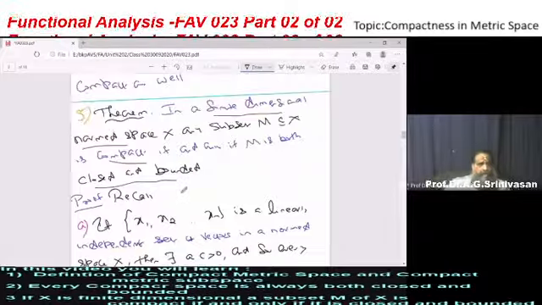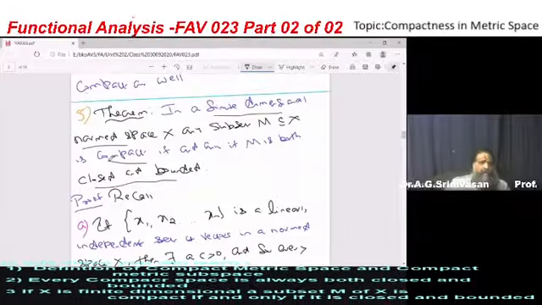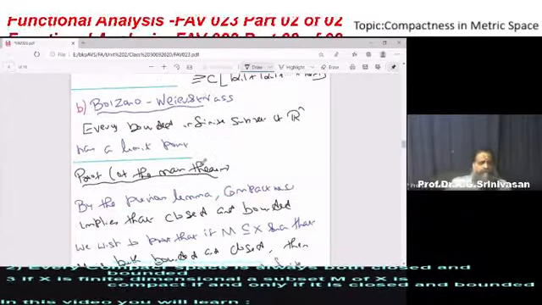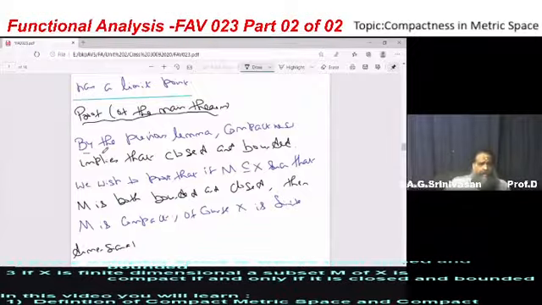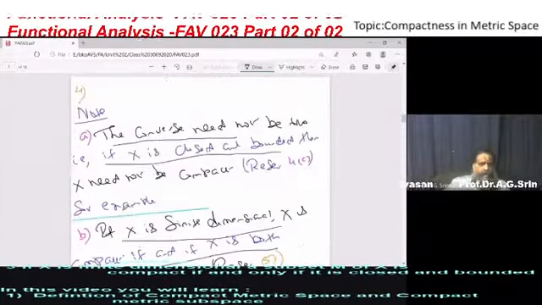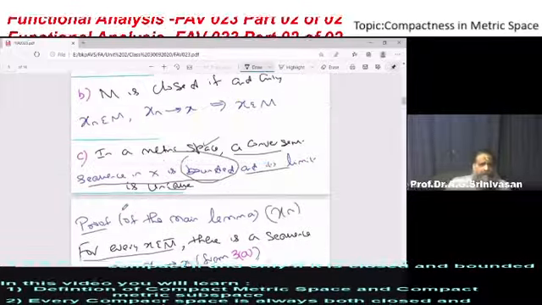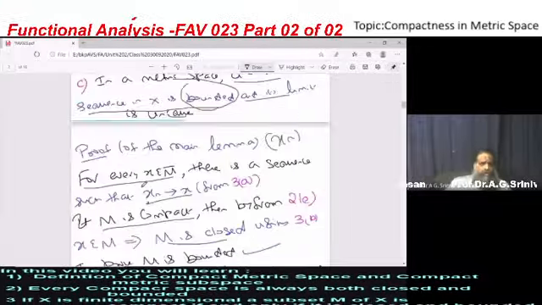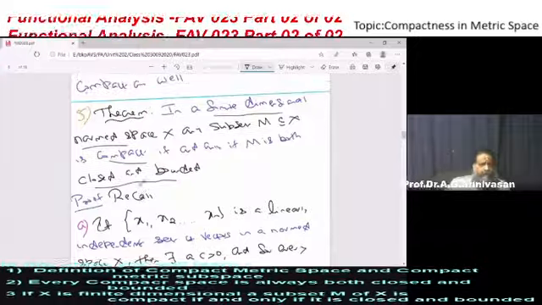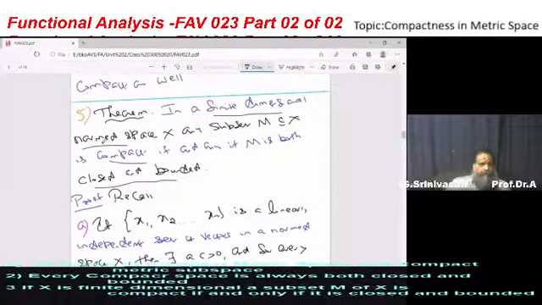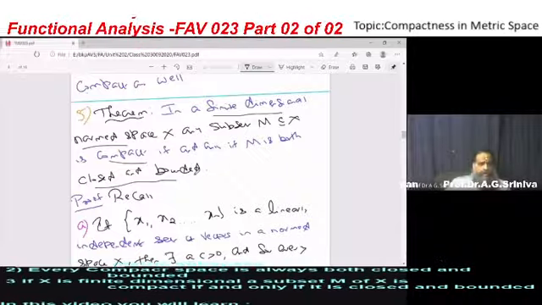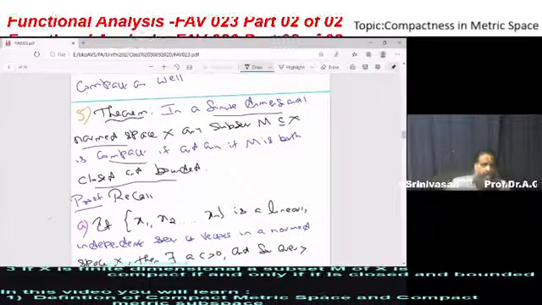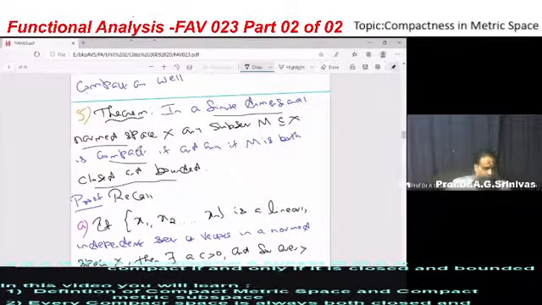What does the main theorem say? If X is finite dimensional, then M is compact if and only if M is both closed and bounded. The proof is very immediate for the following reasons. From the previous lemma, we already had Lemma 4, which says that for any metric space, if M is compact, it is closed and bounded. So there are two parts here. First, if M is compact, I must show it is closed and bounded, which I already proved in Lemma 4. Now if it is finite dimensional, I would like to show that if it is closed and bounded, it must be compact. If you prove that, the claim is proved.